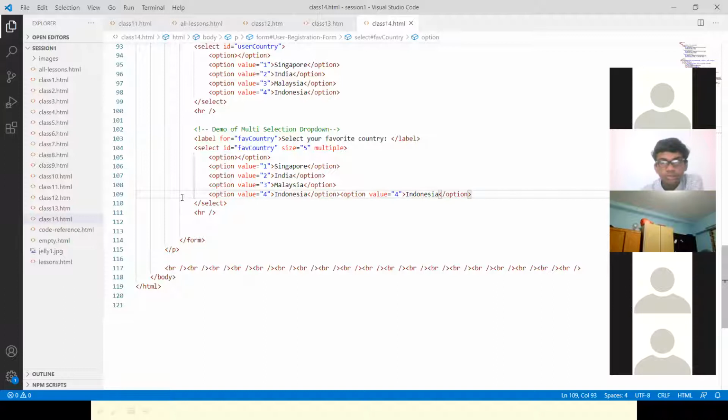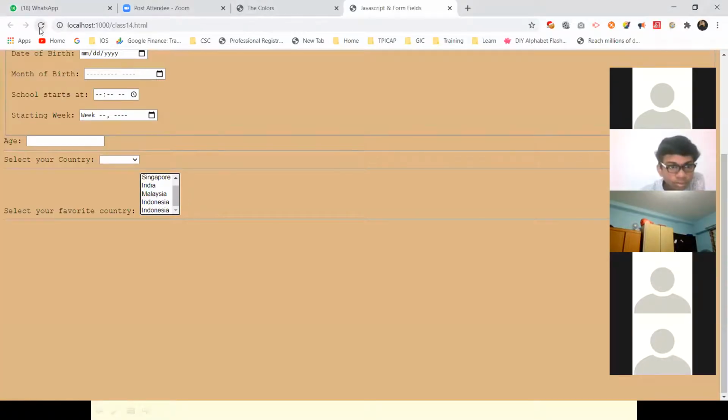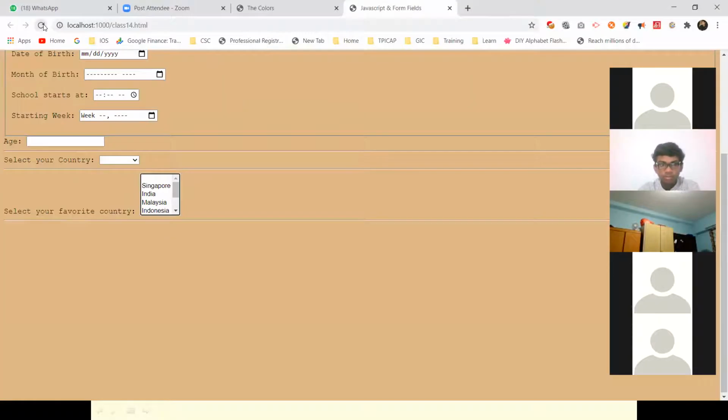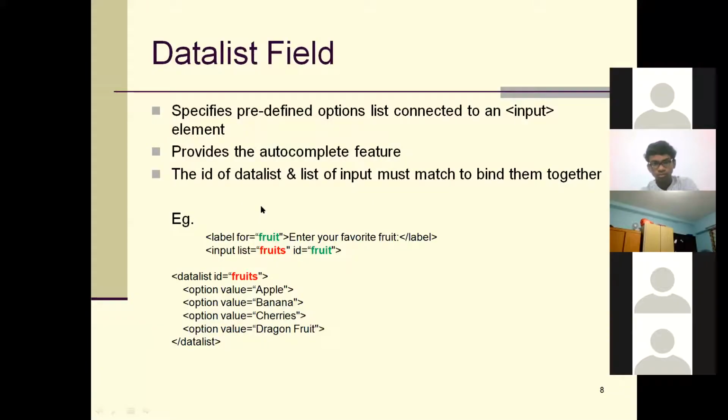I keep on adding, and you'll see those many items added to the list. Okay, so for now we'll just keep it 4 elements only. As the elements get increased, automatically this scroll bar will come. So the next field, the next slide, we'll get into this one.